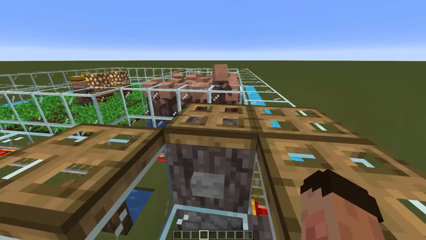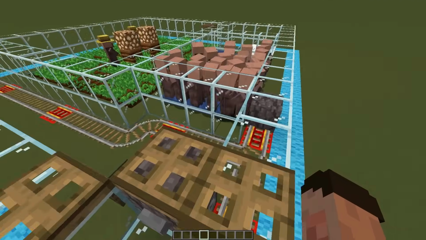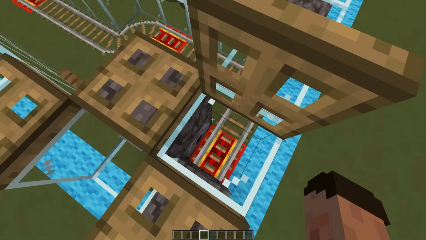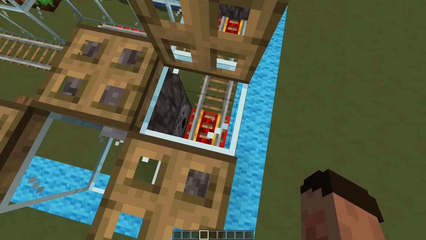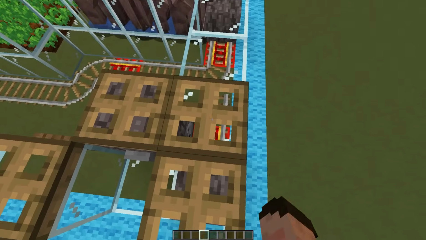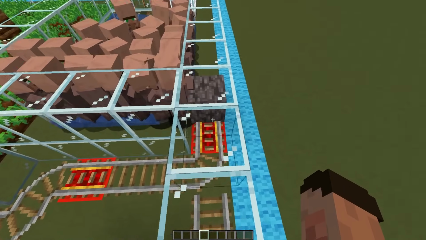So let's test this fella out. I'm just going to come up so we can see what's going on. So I'm going to press this button. That is going to dispense through, let's just raise the trapdoor, from that dispenser, a minecart onto that powered rail. Now that powered rail is then going to send that minecart straight off, just that single button push, to